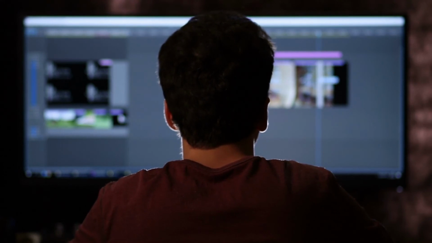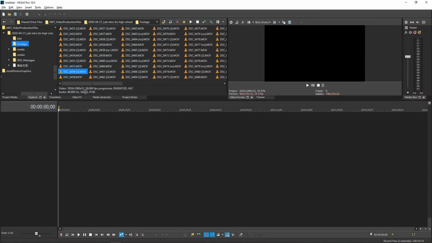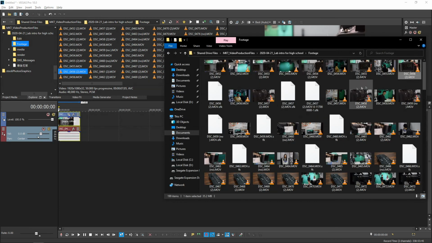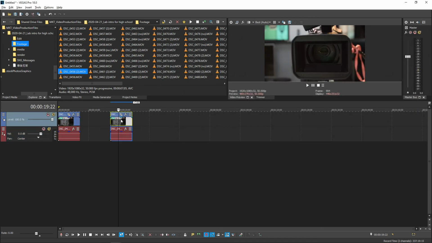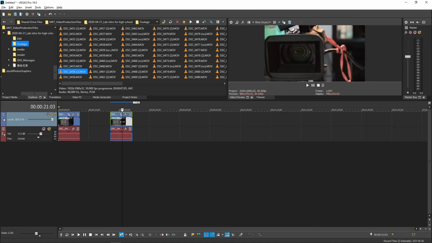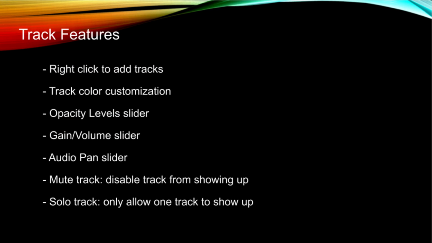Placing a clip onto the timeline is as simple as dragging and dropping your desired footage from the Project Media folder within the Explorer window, or from a file explorer on your computer. How to actually use this window for editing will be explained in further detail in Unit 14, Lesson 2. Here, let's keep looking at all the buttons and features.